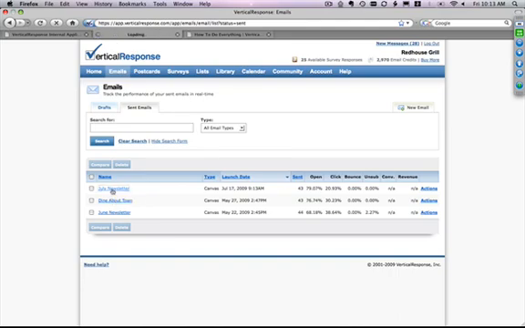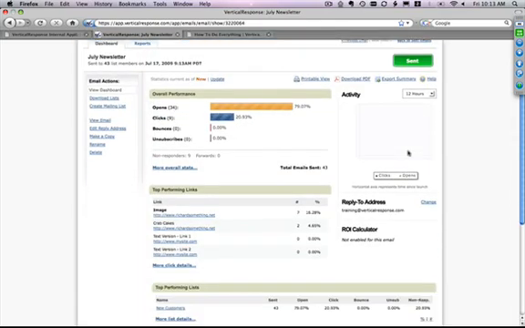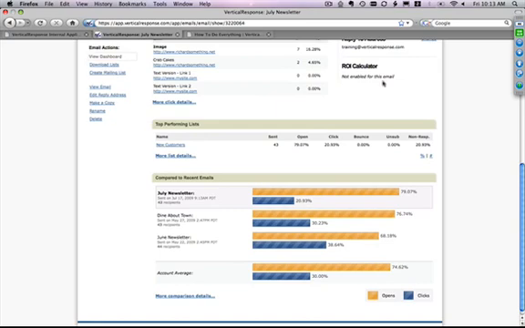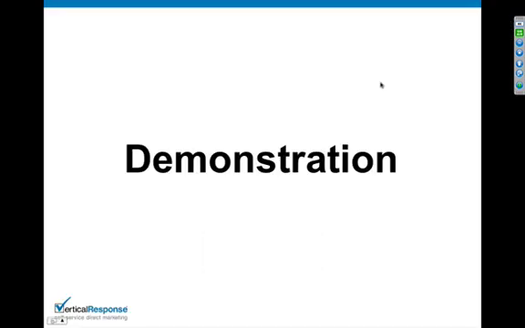Then also if we go into the email itself, if we go into the dashboard, you'd also see ROI calculator here. As you can see, it says not enabled for this email. So I'm going to go back to one of the slides we were looking at earlier and show you what it looks like. The reason it says not enabled for this email, of course, is because it was not enabled for this email because I sent that out before I turned it on. So now if I do flip back to our slides here